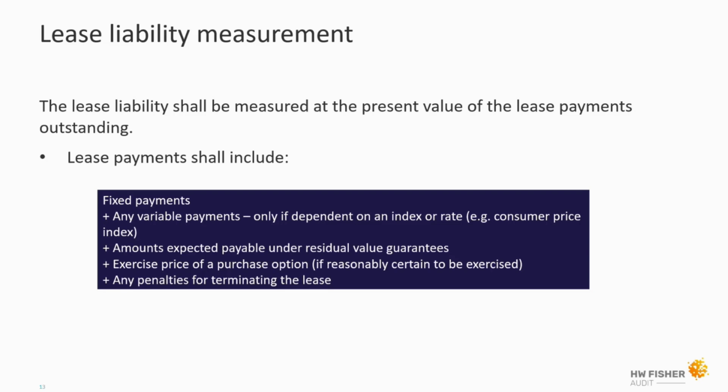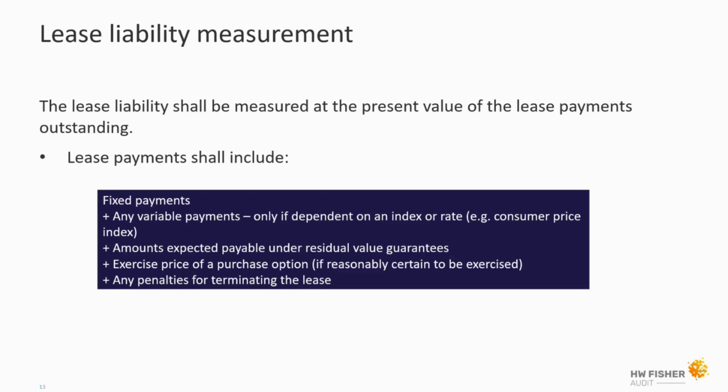But we can only include variable payments in that initial assumption if it is linked to an index or rate. So, for example, if the lease said we are going to increase the lease amounts every year by CPI, then you would include an estimate of that variable rate in your assumptions when working through that discounted